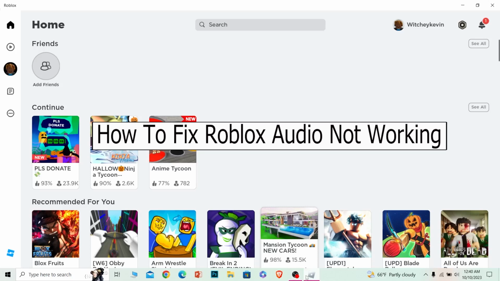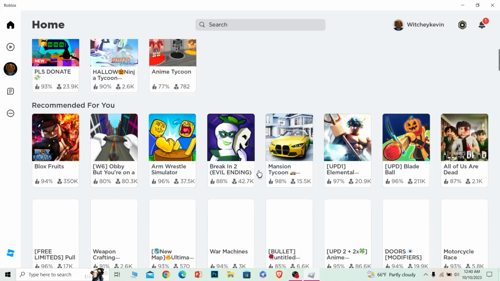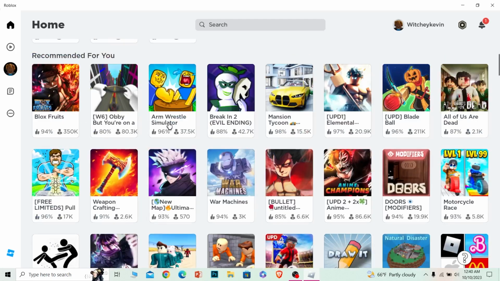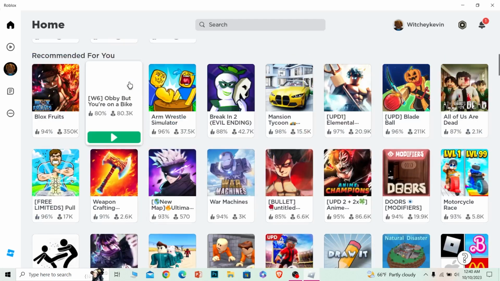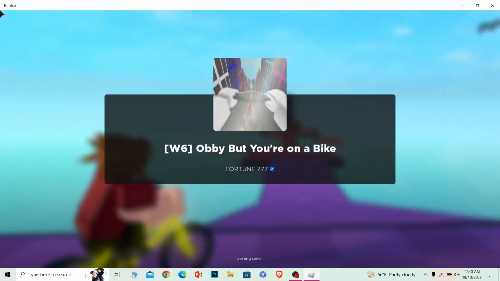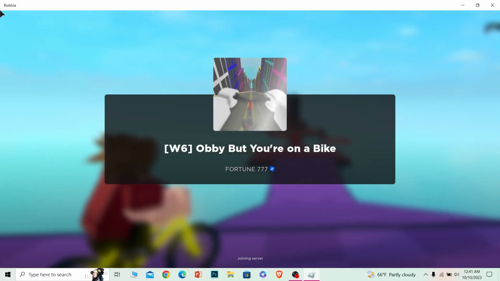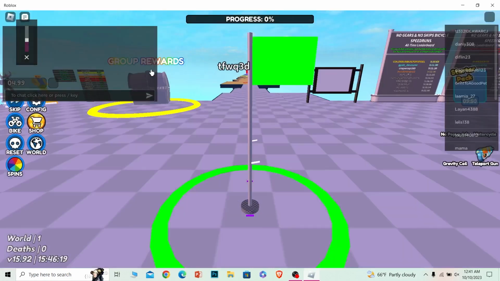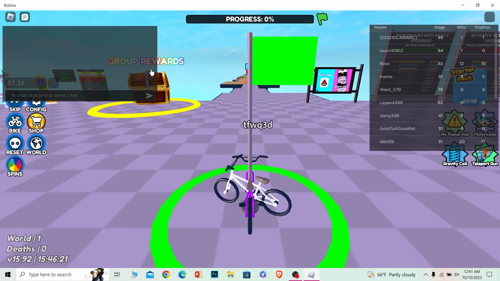Today I'll be teaching you guys how you can fix your Roblox audio problem. To show you an example, I'm just going to hop into a random game. I'm going to play this game real quick to show you how to fix your audio. Remember, if the audio is not playing in one of your games, you can also try to switch your game. If the audio is available in another game, then that means the game which you are currently playing didn't feature